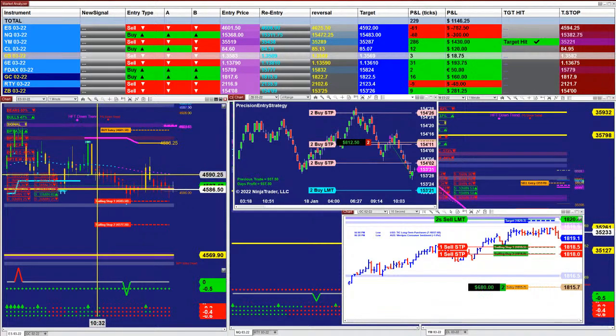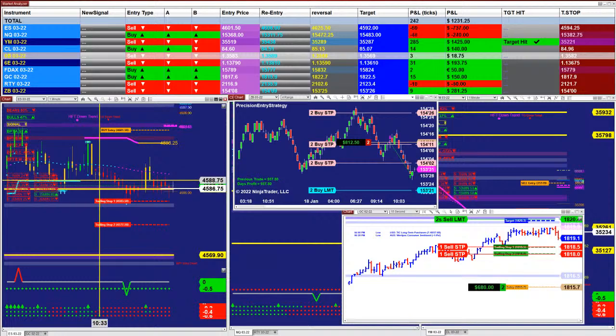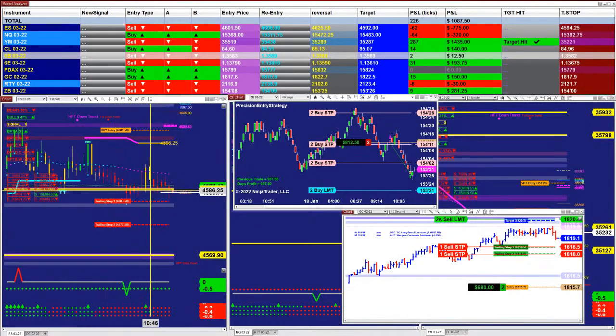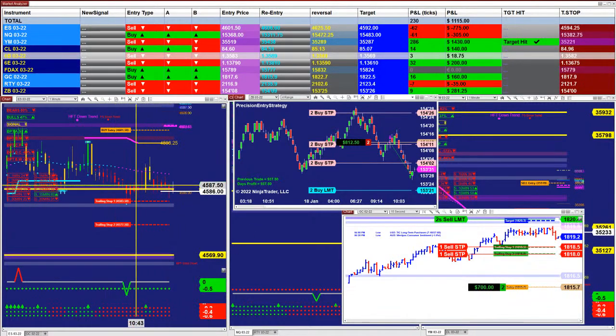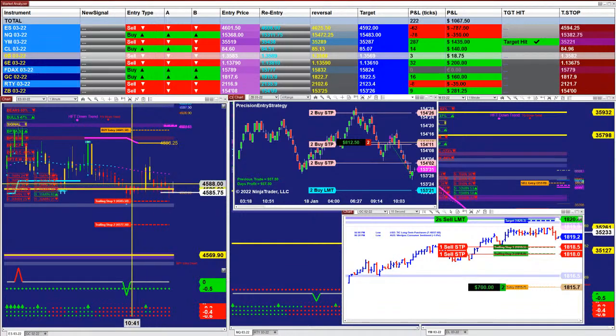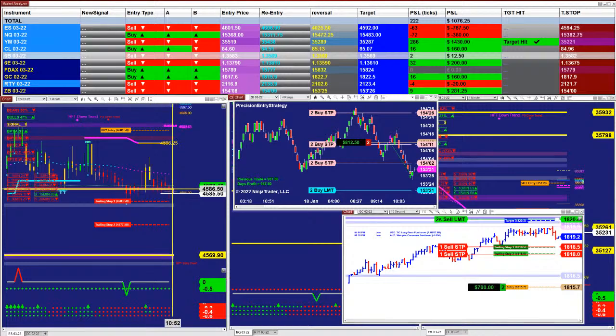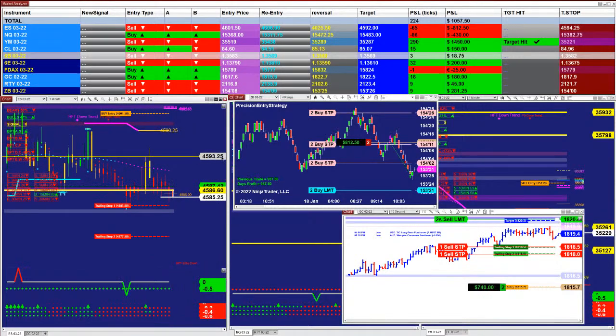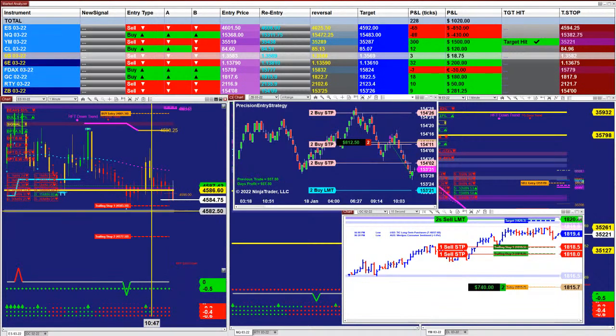If we want to monitor from 10:30, now it's 10:50. So from 10:30 to 10:50, if we look at this 1 minute, what do we see? We see a flat market. Flat market. If this market is able to break the 45.82,